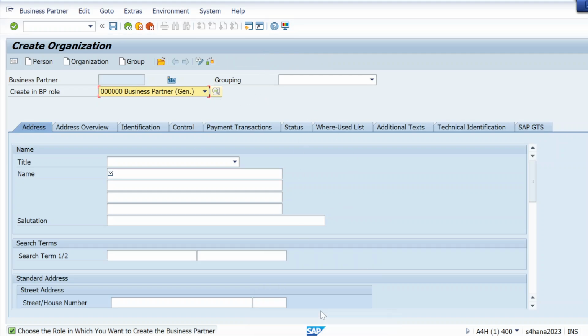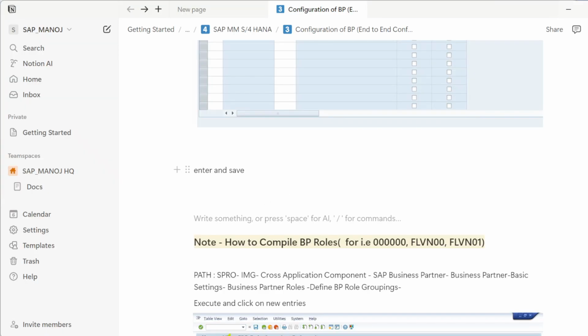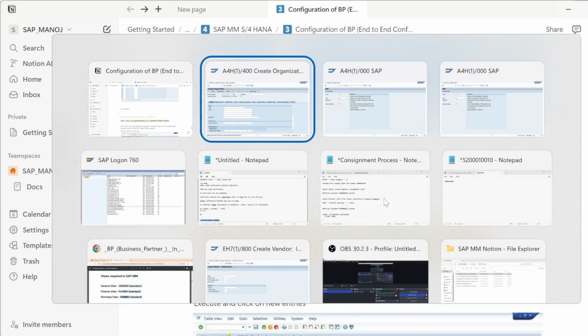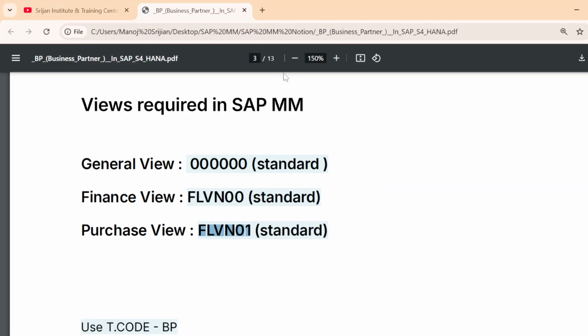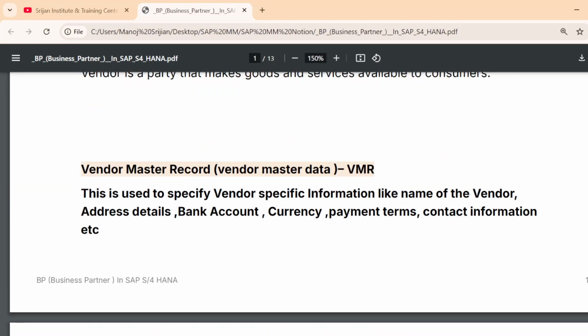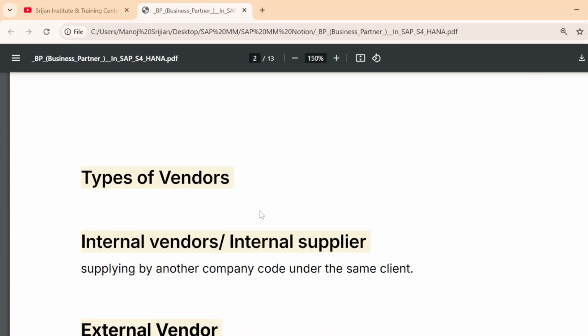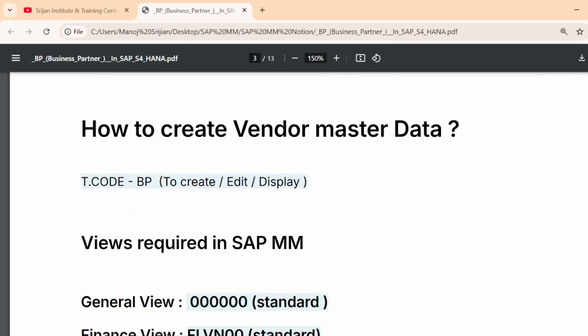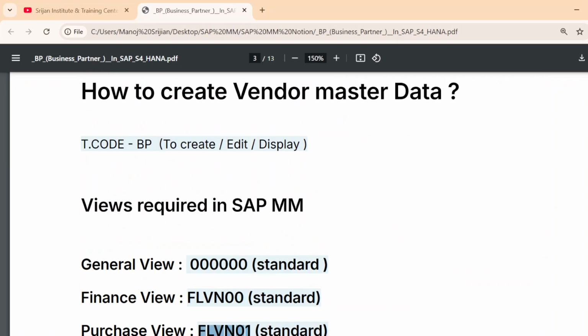So this is how we can create a BP in SAP S4HANA. In the next session, we will see end to end how we can do the configuration. So in this lecture, we learned the types of vendors, what a vendor master record is, and how we can create a BP in SAP S4HANA.